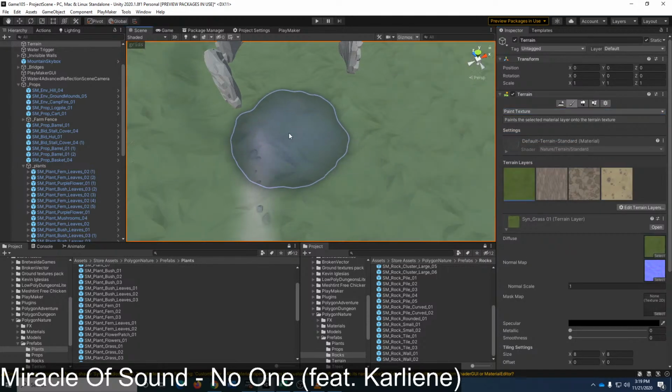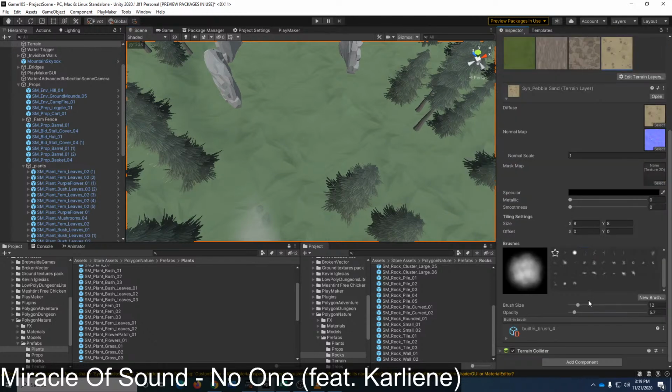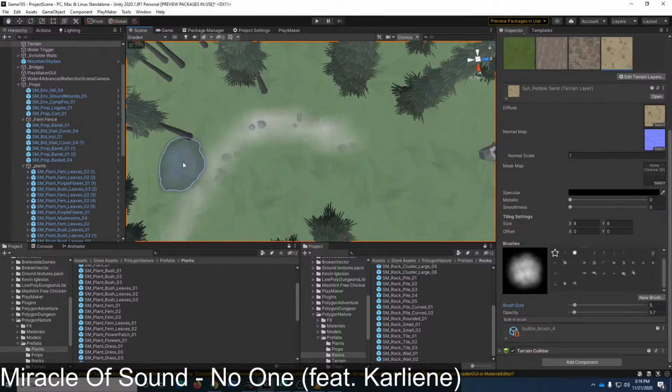So let me... Size 5? That still actually looks a little bit large. Size 2?